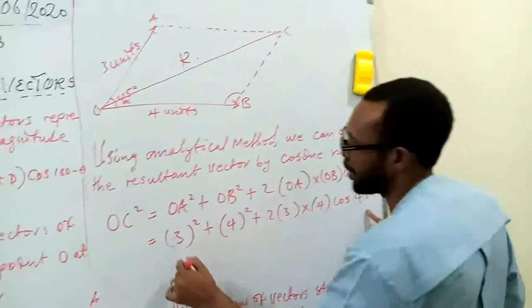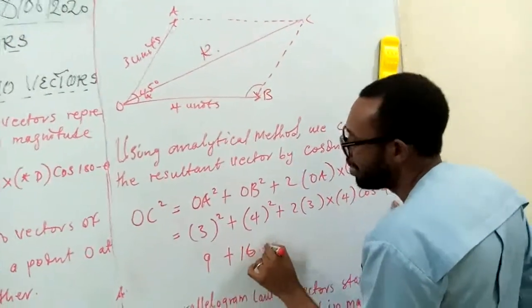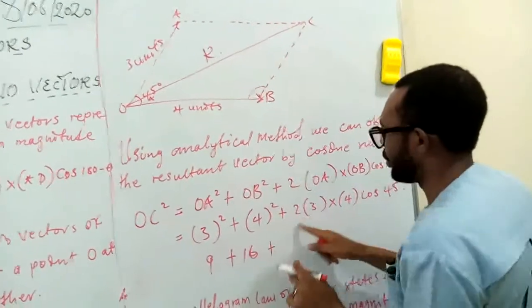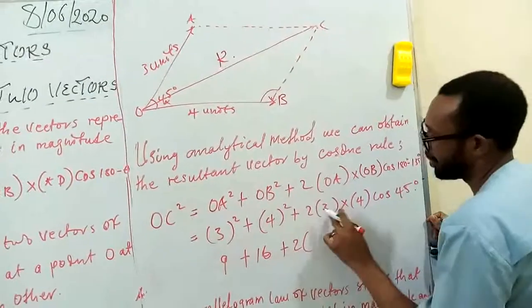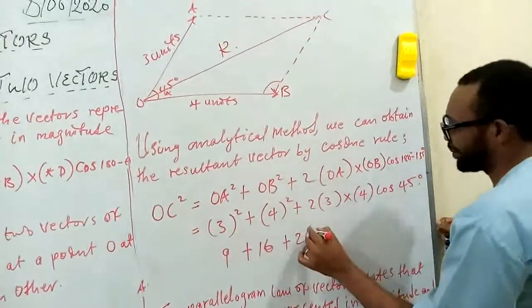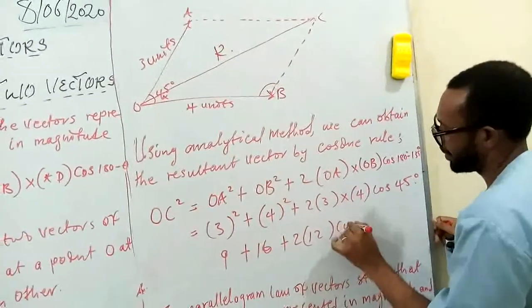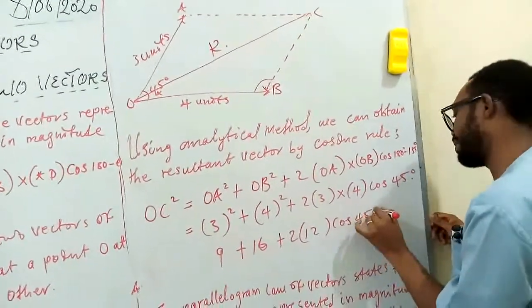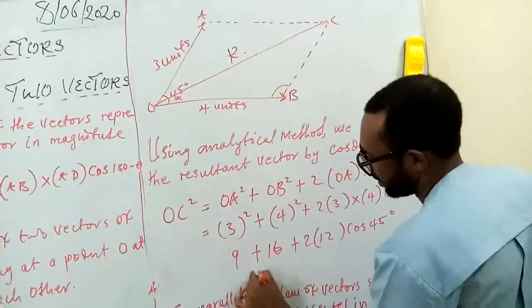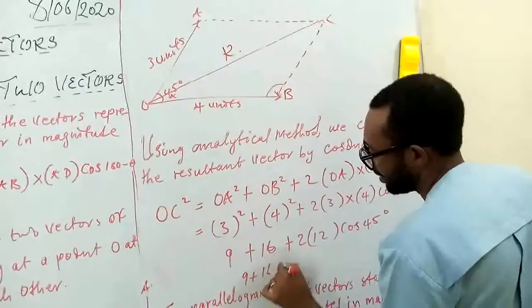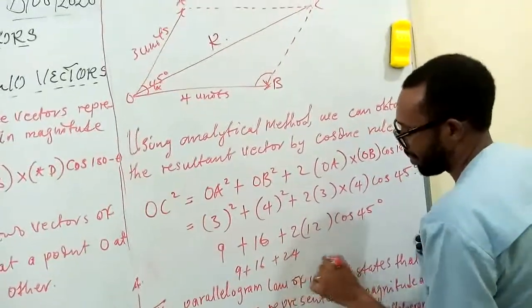So this is 3 squared is 9 plus 16 plus 2 into 3 times 4 is 12 cos 45 degree, and that's 9 plus 16 plus 2 times 12 is what? 24 cos